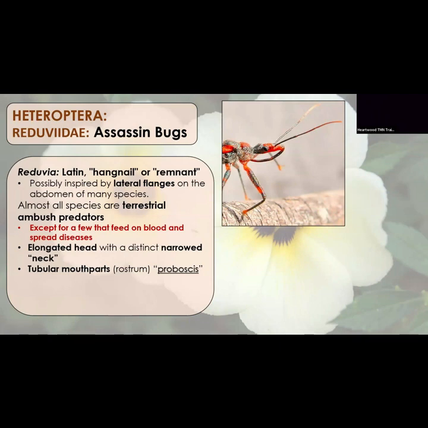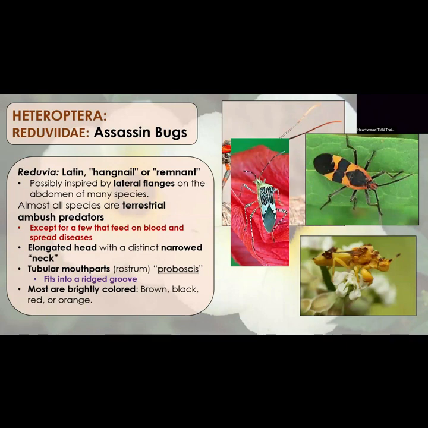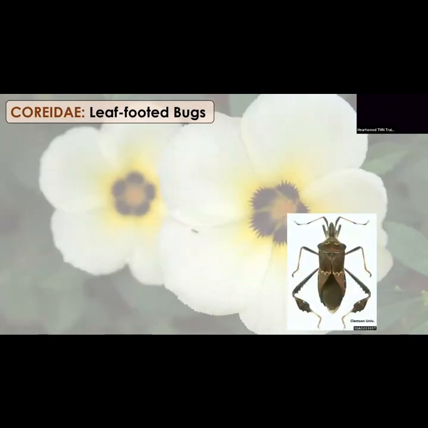It's a hard proboscis. And also an identifying characteristic: if you have a reduviid, you flip it over, does that proboscis fit nicely into a notch? You have a Reduviidae. It's a big family. There are a lot of them out there. Most of them are not out there spreading Chagas. It's one of those things as a parasite, I just have to mention, it is around, be careful. So that's how you can identify, and they're often bright colored, but not always guaranteed.